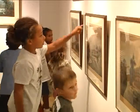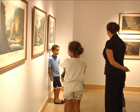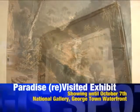Any of the exhibitions we do at the National Gallery are really aimed at the total cross-section of society that we have here, both residents and visitors, and of course school children. We try and educate through art. Obviously the initial reaction that you get to a piece of artwork is very aesthetic, it's emotional often, but there's always a story behind that work. And this particular exhibition is fantastic for that because it offers a real pictorial view of life in the Caribbean